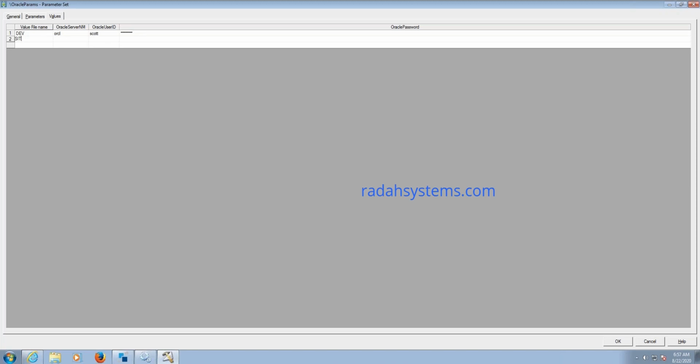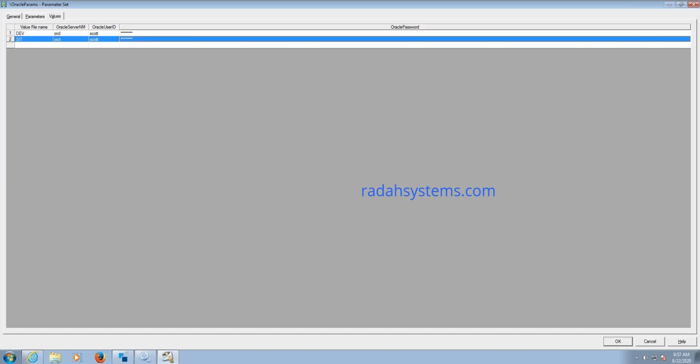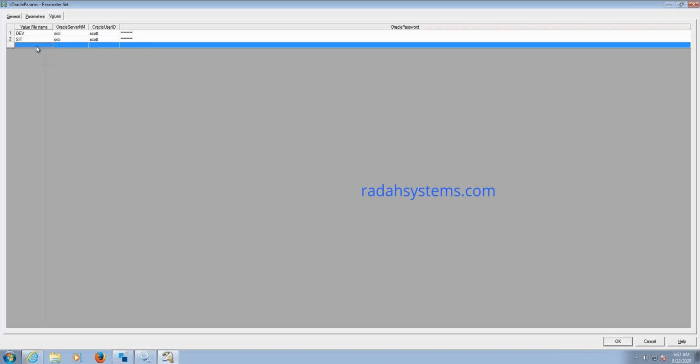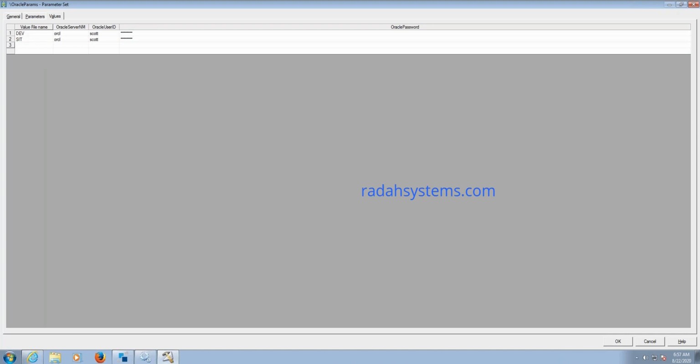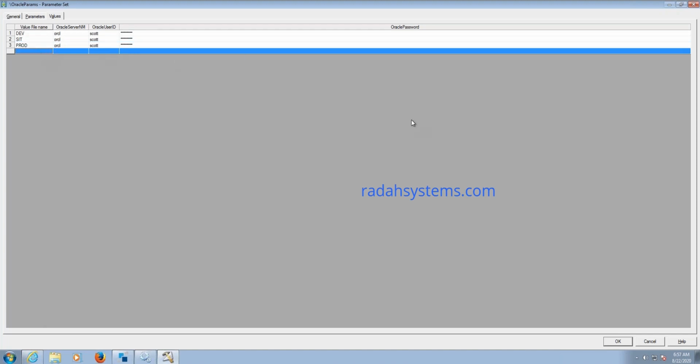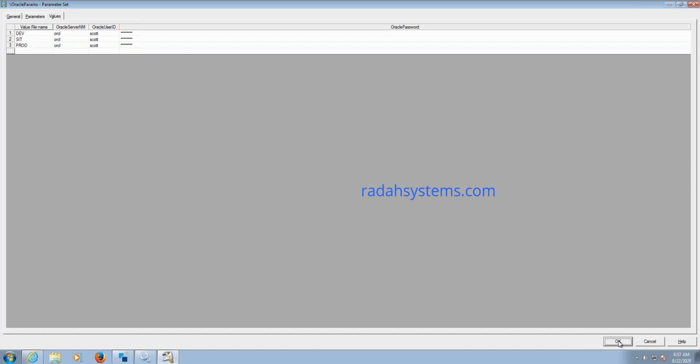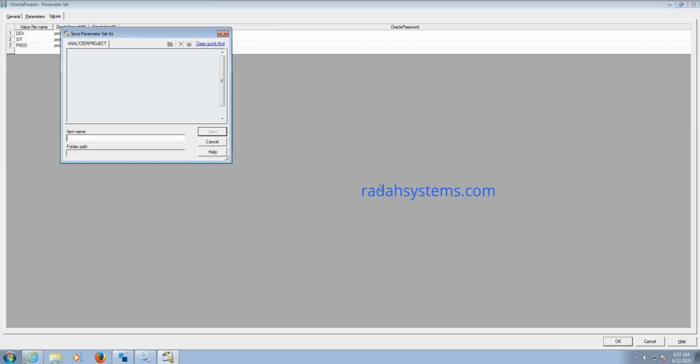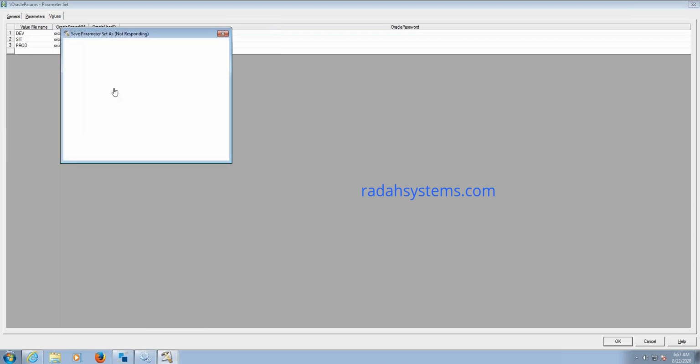Then the job won't fail. Got it? And prod. So this is the value file that you need to pass. Okay, click on OK. And it is asking to save the parameter set in the repository.